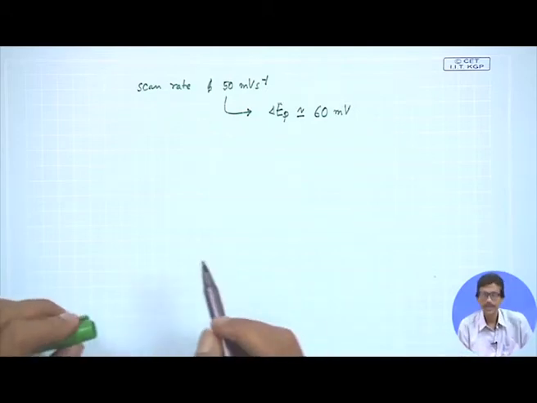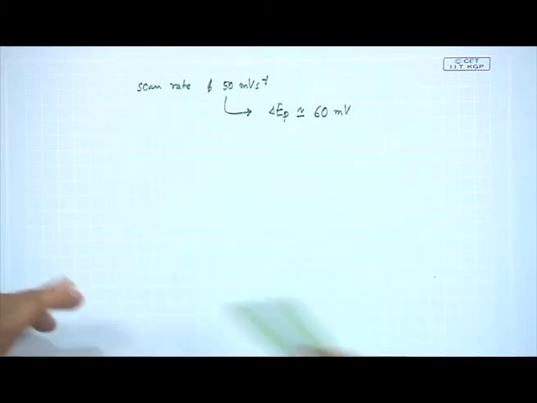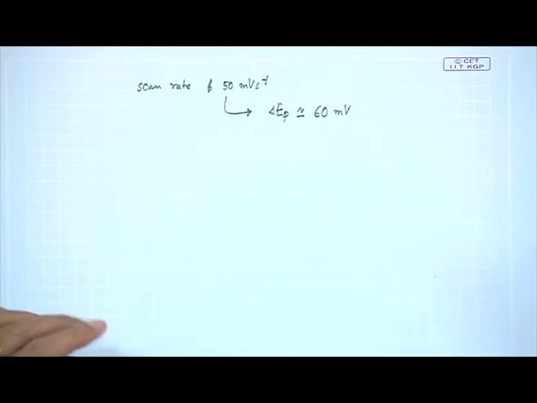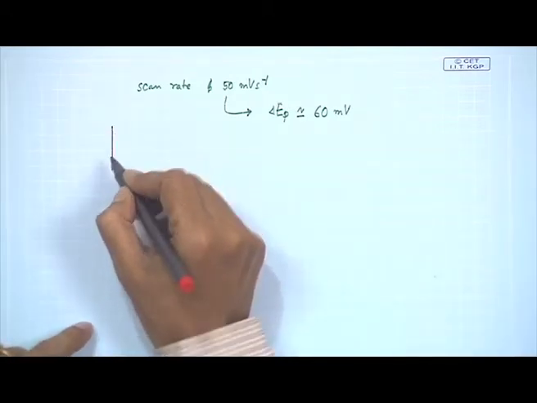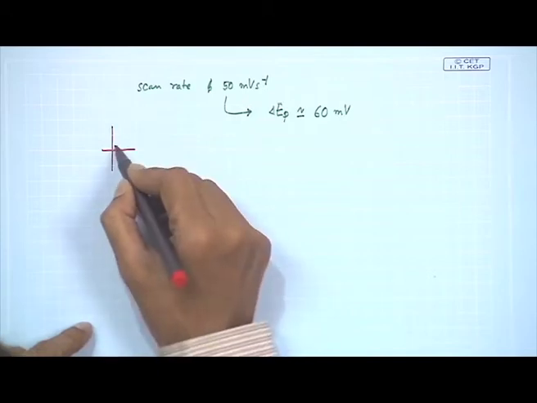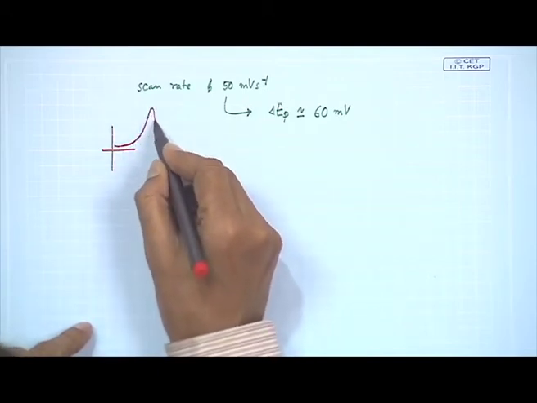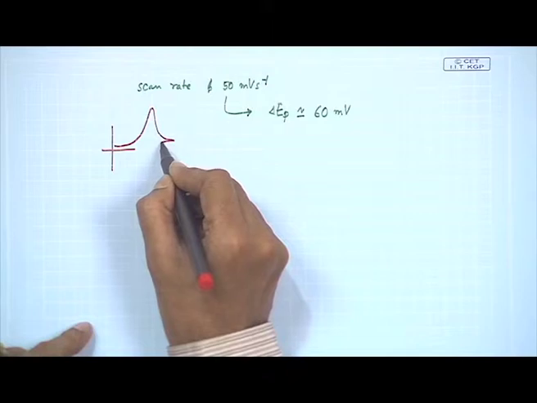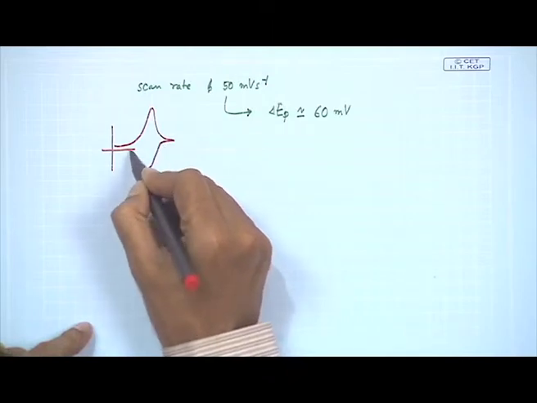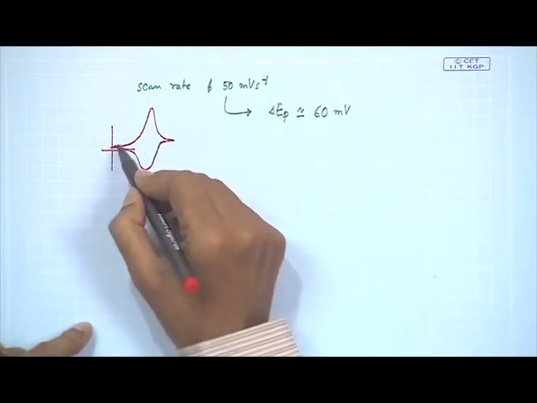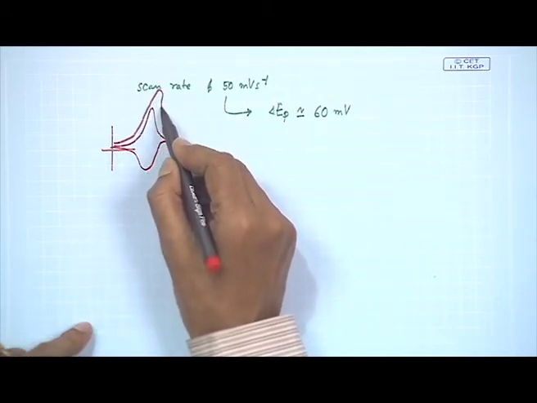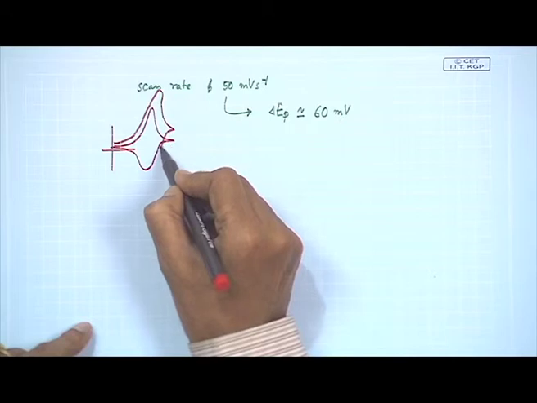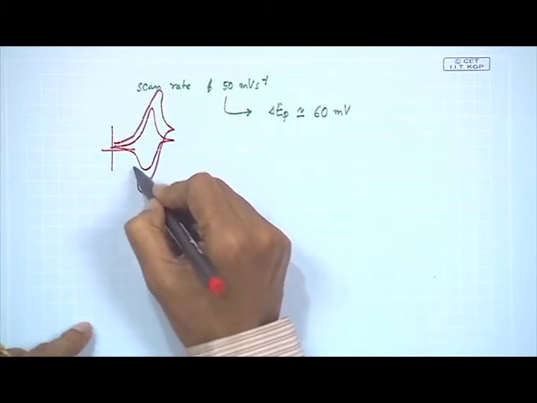So, this is basically a rule of thumb. You can also get the corresponding idea by looking at the corresponding electron transfer process, because we see that we get very small delta EP values at a scan rate of this type. But when the scan rate is higher, your current is increasing, but it is moving like this and is going like this and is going like this.